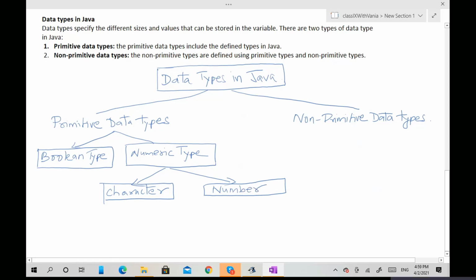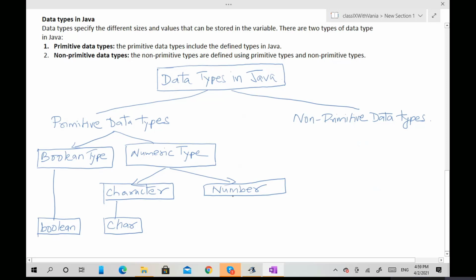The Boolean type has a data type called boolean, which is a keyword in Java and defines the Boolean variable. The character data type has char. Char is a keyword in Java, and it is used to define the char type.